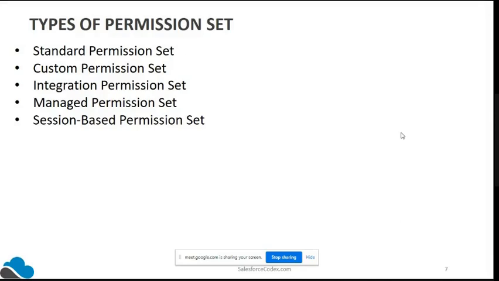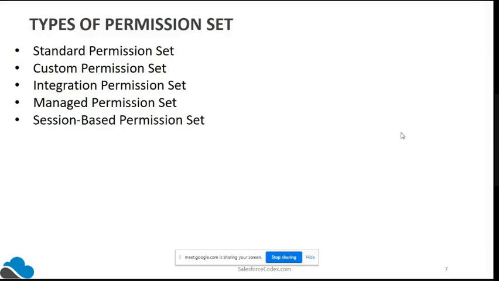We have one more type, which is specific to integration. Whenever you have installed any specific cloud integration with Salesforce, a permission set of this kind is automatically created by Salesforce. In that, we have very limited access to update permissions. Only one or two things can you fine-tune, and all other things will be in read-only mode.